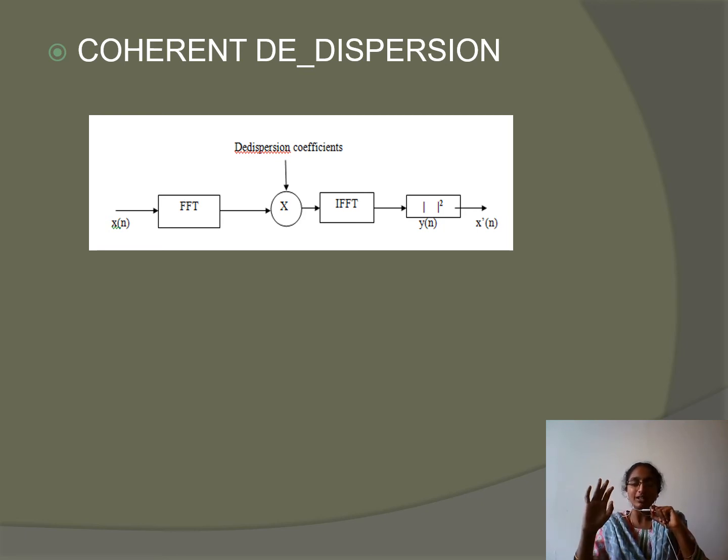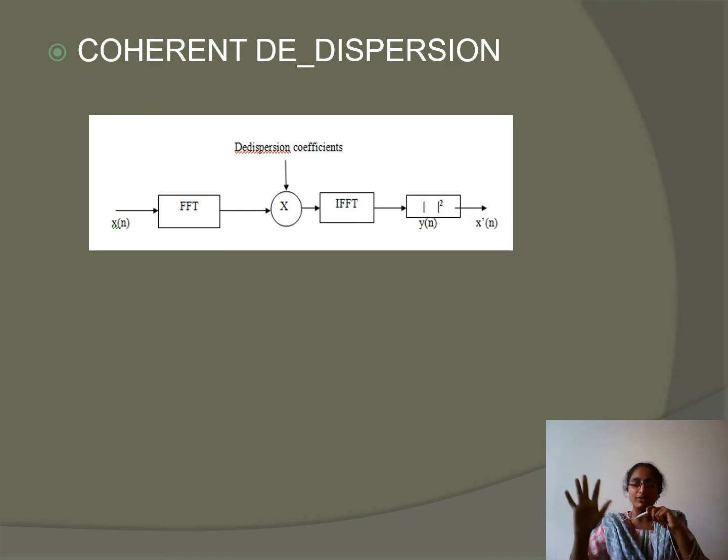So what do I do here? I will pick the inverse transfer function coefficients of the space, whatever I will be developing. Those coefficients will be multiplied by the FFT of the input. So now I have filtered; I have removed the dispersion that happened in the space. Apply the inverse Fourier transform and bring back the signal. You will get that x dash of n, which is almost equivalent to x of n that was produced in the actual scenario. So it is very simple, right? It is our own basics of whatever we are learning in signals and DSP.